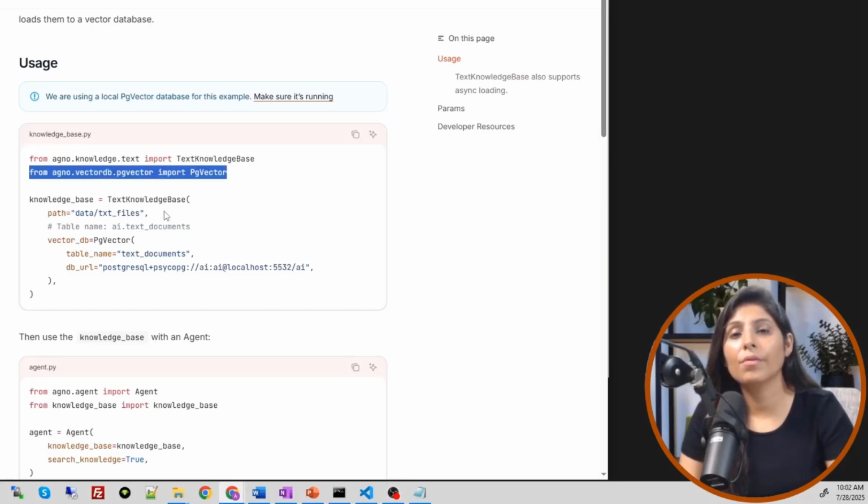Remember when I explained the concept of RAG, I told you that LLMs don't understand words, they understand data in the form of numbers. So we use an embedding model to convert those words into numbers, into embeddings, and then we store those embeddings in a vector database.